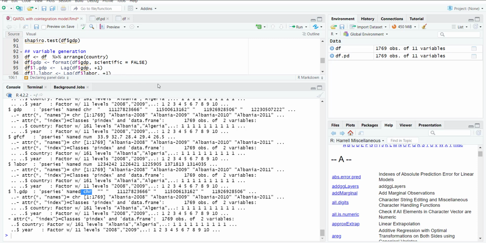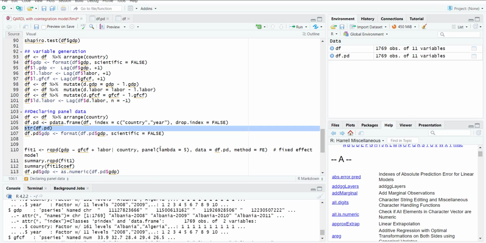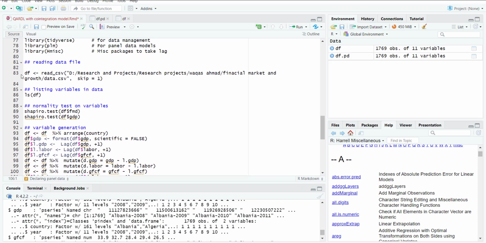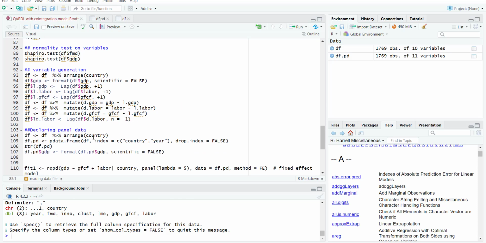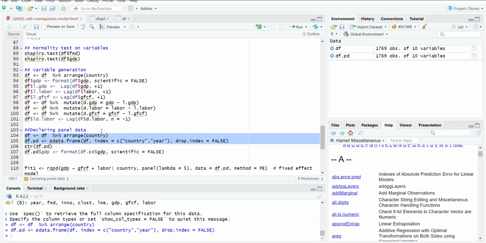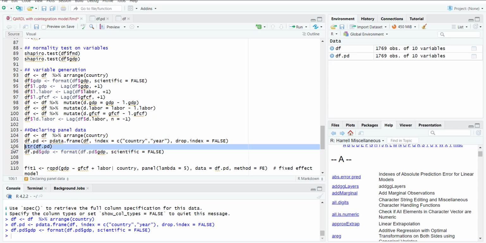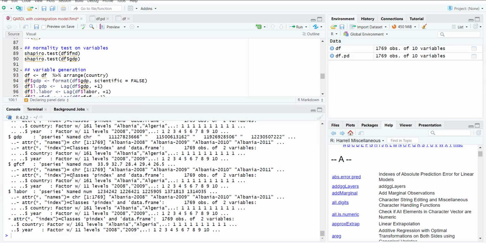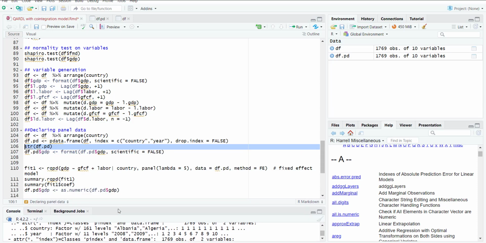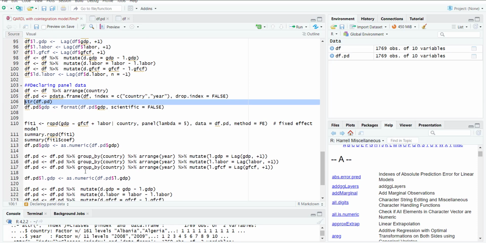So what I will do, I will go back and load the data again, so that the LGDP, which was wrongly calculated, is removed. Then I come here, sort the data, declare it as a panel data and convert it into non-scientific notation. If I see its structure again, if I go up, you will see that now GDP is again character. So I will convert that into numeric. For that I will come down, I will declare